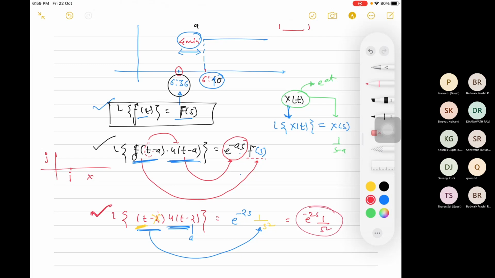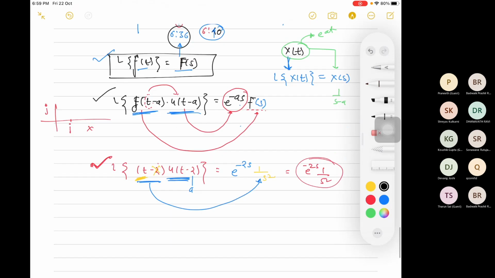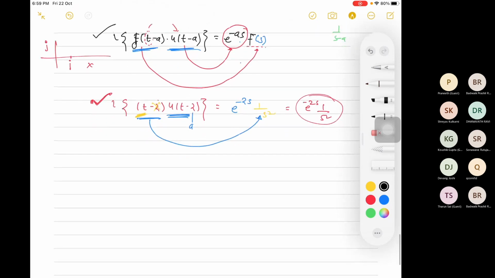This has huge significance when you solve higher order systems. It is really important. Then another Laplace you should know is the Laplace of a differential. You will find this everywhere. So what is the rule for the Laplace transform of a differential?